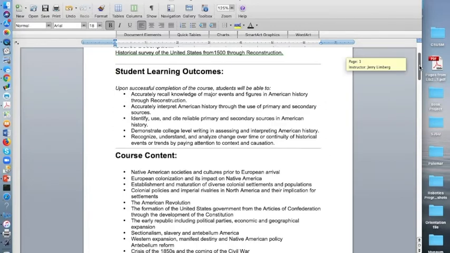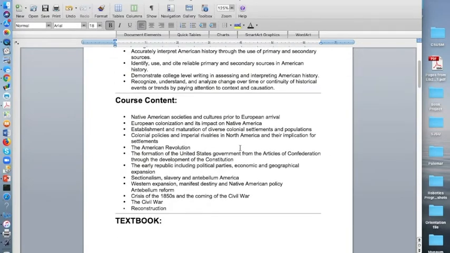As far as your course content, we will cover the following topics or themes: Native American societies and cultures prior to European arrival, European colonization and its impact on Native America, establishment and maturation of diverse colonial settlements and populations, colonial policies and imperial rivalries in North America and their implication for settlements, the American Revolution, the formation of the United States government from the Articles of Confederation through the development of the Constitution,